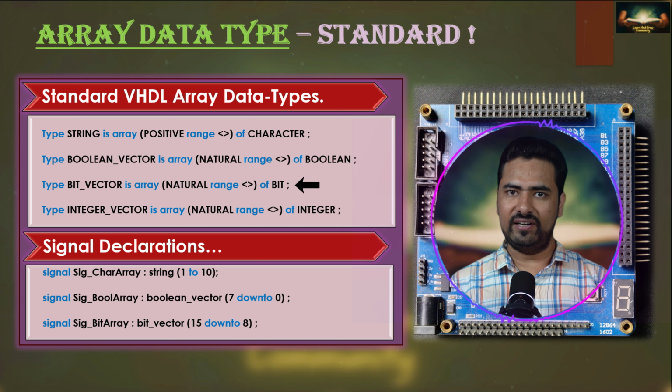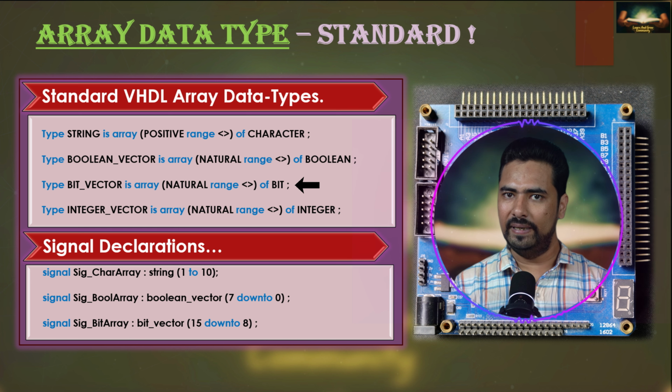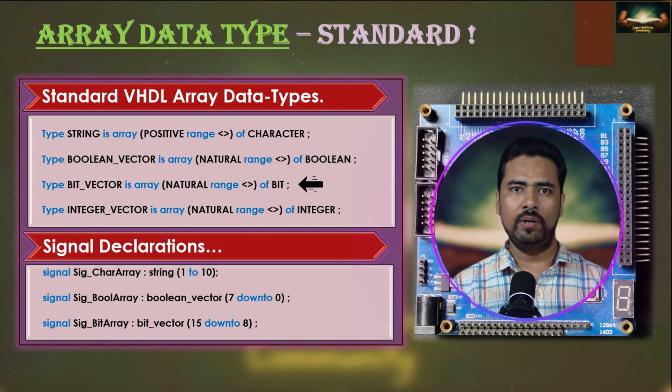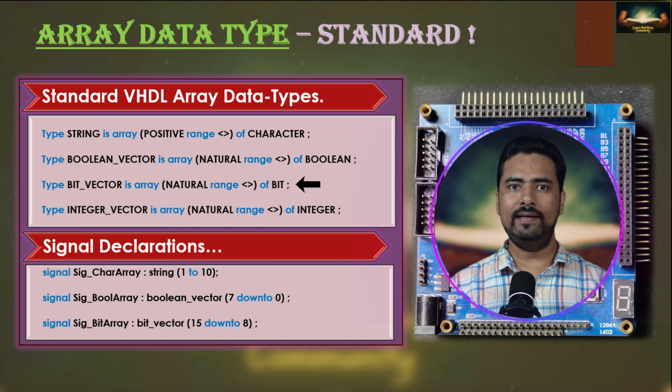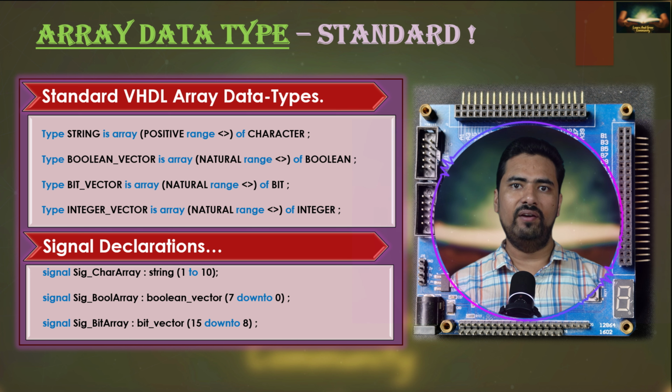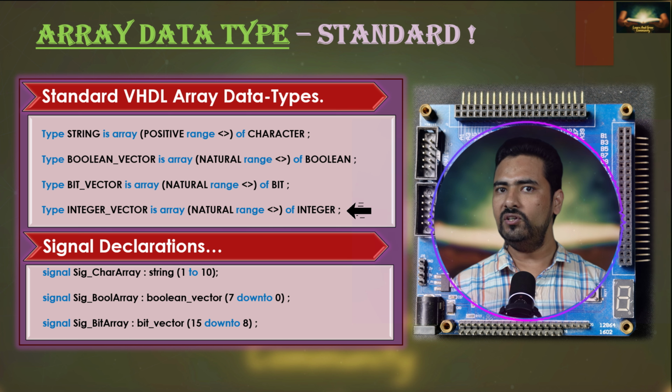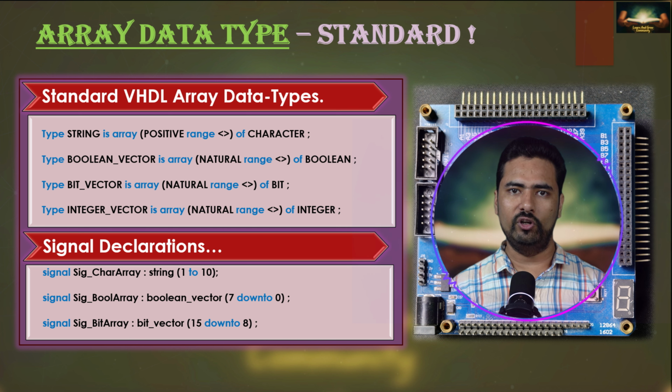Then there is a bit vector type, which is a collection of bits. So write type bit_vector is array natural range <> of bit; Lastly, we have an integer vector data type, which is a collection of integer data. So write type integer_vector is array natural range <> of integer;